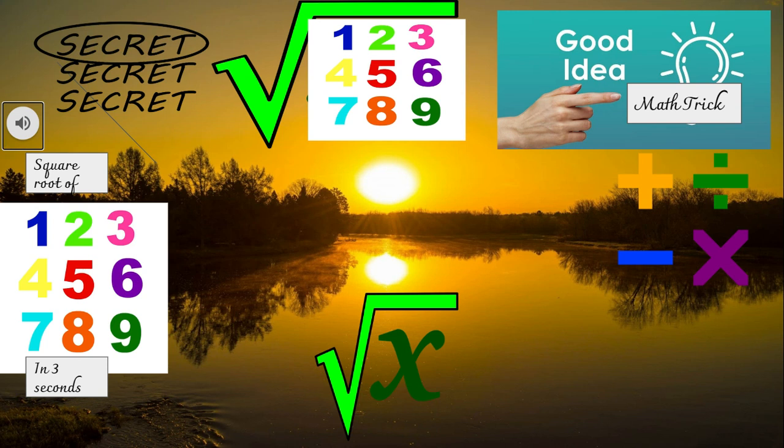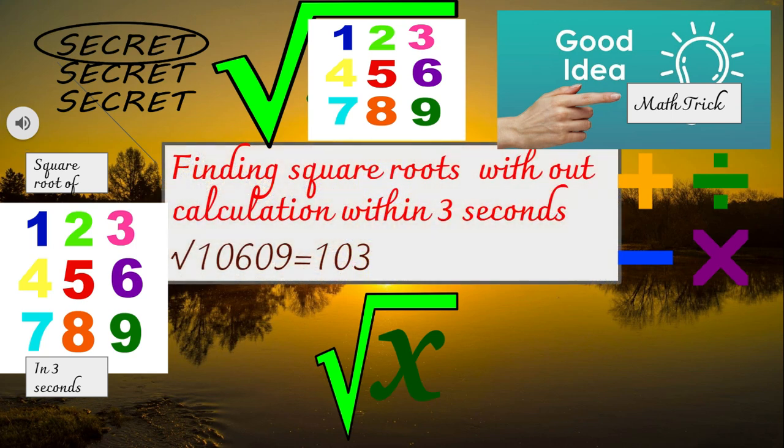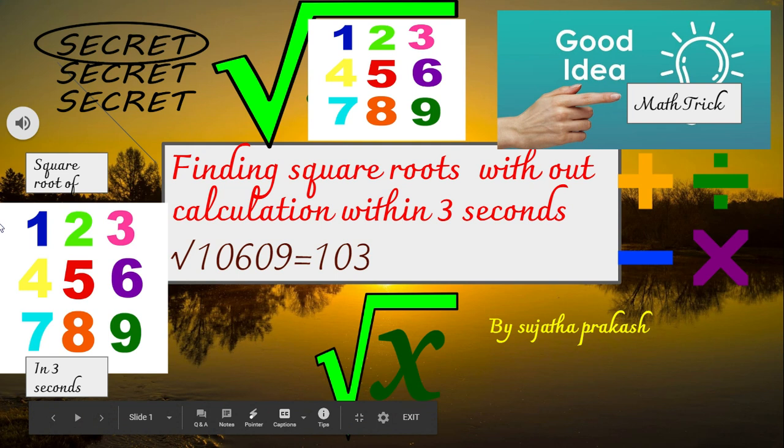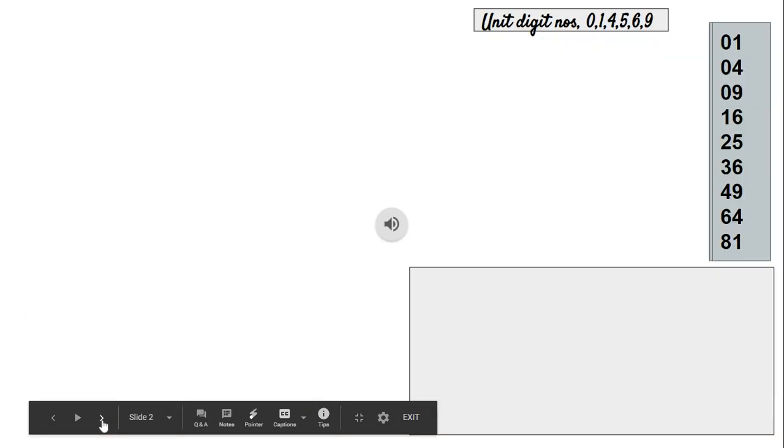Today we are going to learn in this video how to find the square root of a number within a few seconds. Most of the students find it difficult to solve the roots of larger numbers by the long division method, isn't it? So for those children, it is an alternate and easy way to find the square root. Today we are finding the square root of 3-digit, 4-digit and 5-digit numbers within 2 seconds without calculation. So let me start.